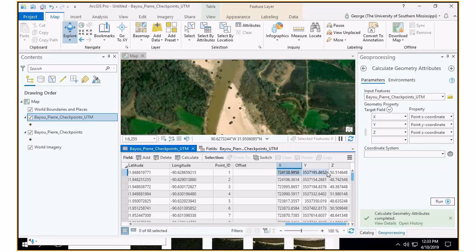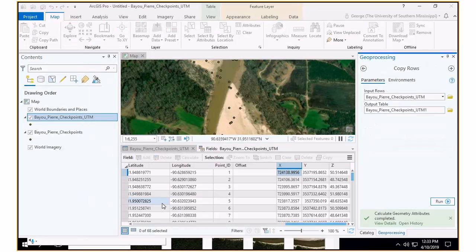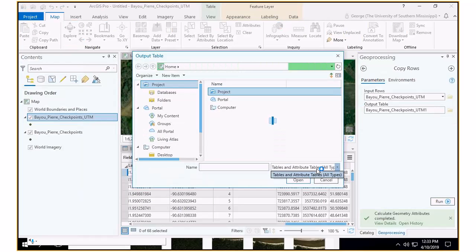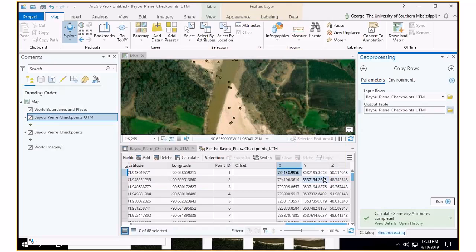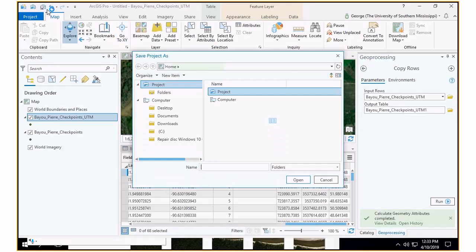Okay, so now we have all of these, and they're actually in a DBF file. You can export a file like this right from here to a text file. So I could right-click on this and say Data, Export Table, and I'm pretty sure you can specify that you want it to be a text file. But I find the easiest way to do this, I'm going to go ahead and say, well,